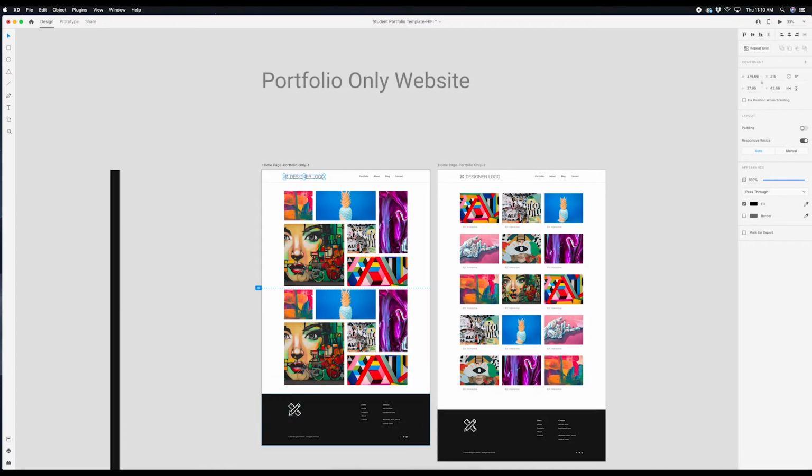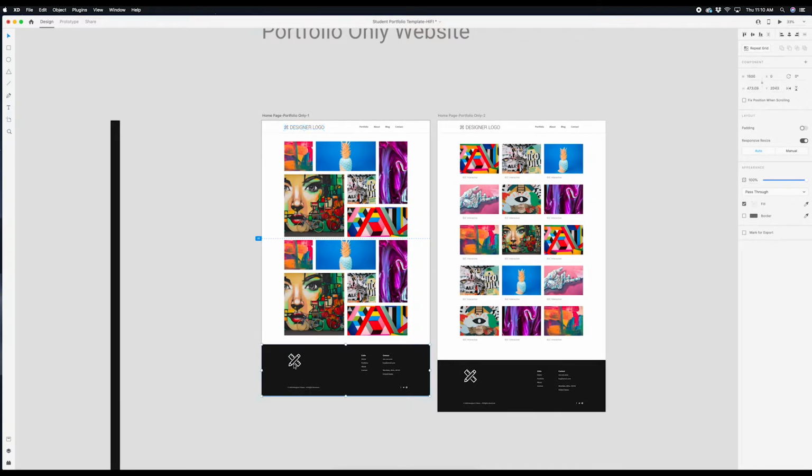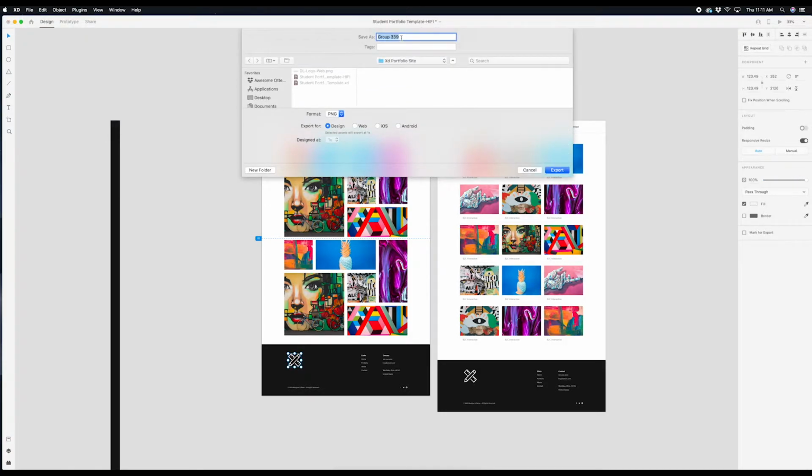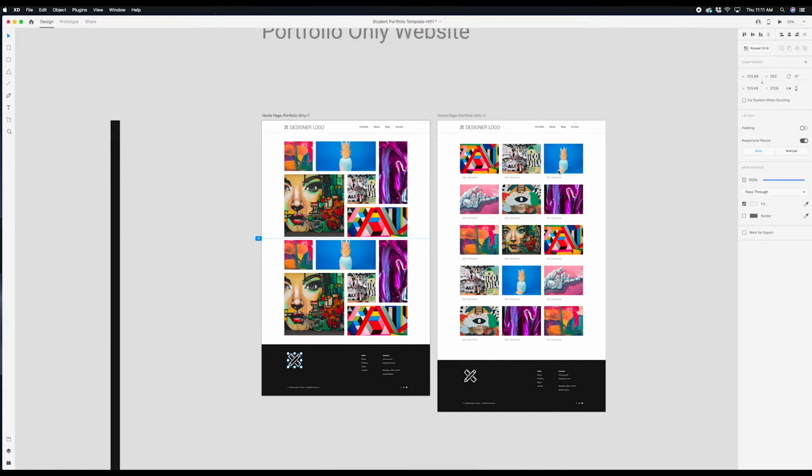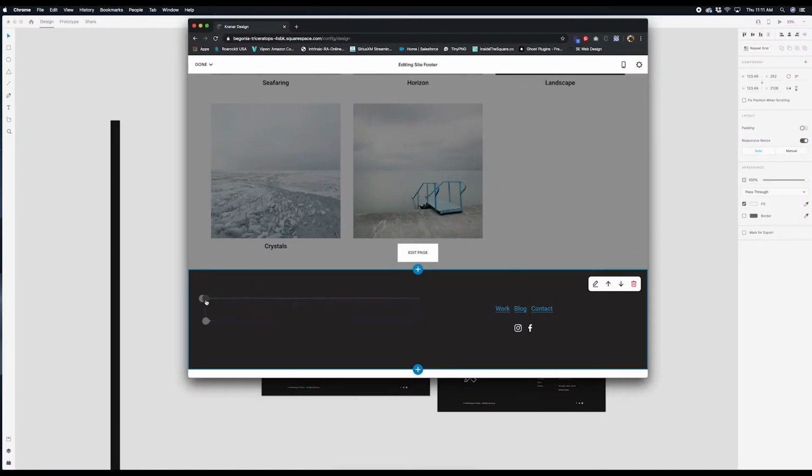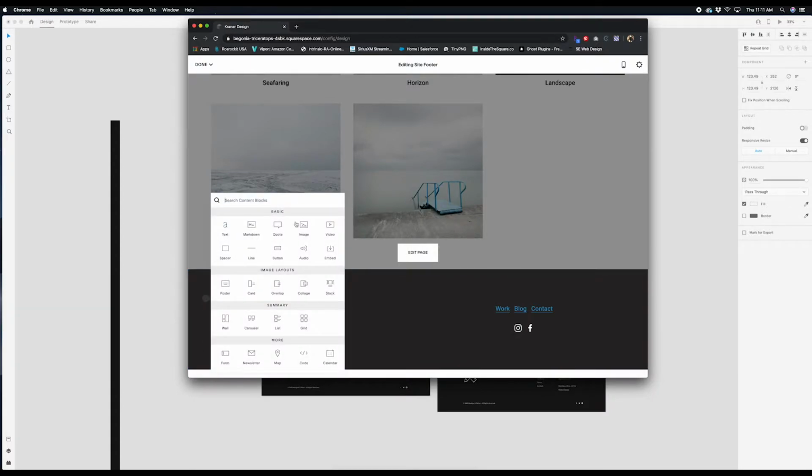So I'm going to go back to XD. I'm going to click on my logo. I think this is grouped. Okay, I'm going to ungroup it. Click on just my logo there, and I'm going to go up to File, Export Selected. I'm going to call this one Footer Icon, PNG. Boom. And if I go back here, I can simply, so this one would put it on top of all that stuff. This would put it just up on the side. I'm going to go to Image,